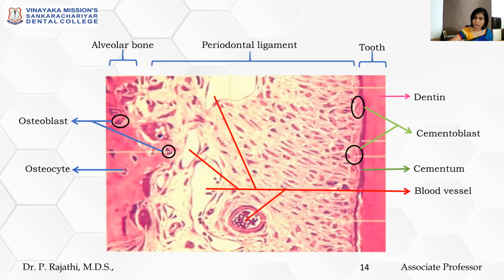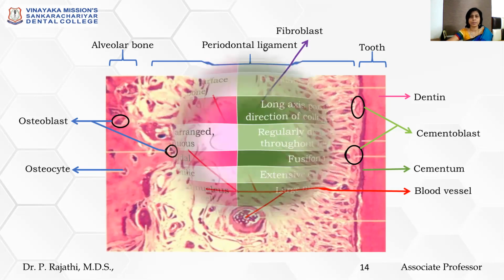If osteoblast cells get trapped within the bone, you call it osteocyte. So you know cementoblast, you've seen osteoblast. Now in between, within the periodontal ligament fibers, these are fibroblasts. Note that the fibroblast cells are oriented in the axis of the orientation of the fibers. The fibers are somewhat obliquely disarranged. The fibroblast cells are also arranged in the direction of the fibers of the periodontal ligament.